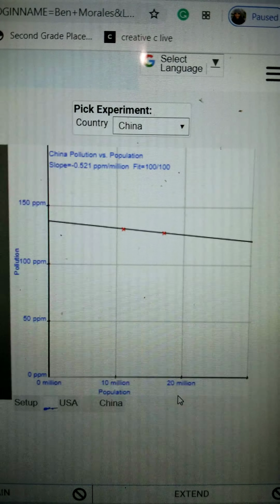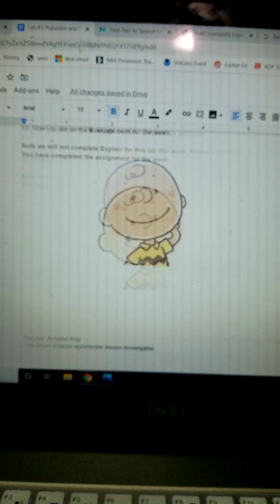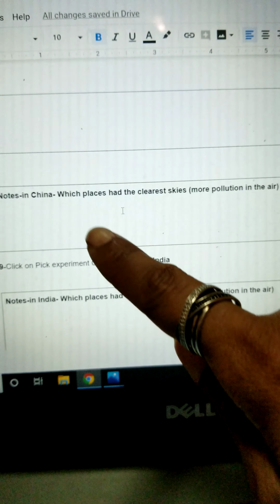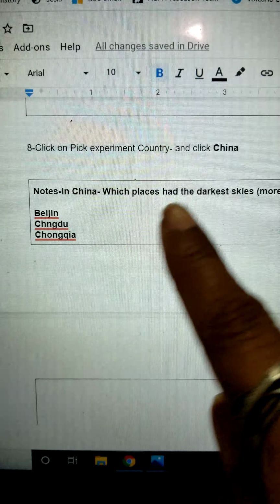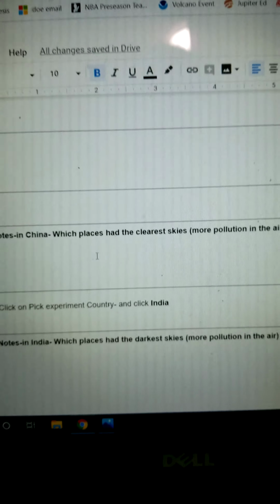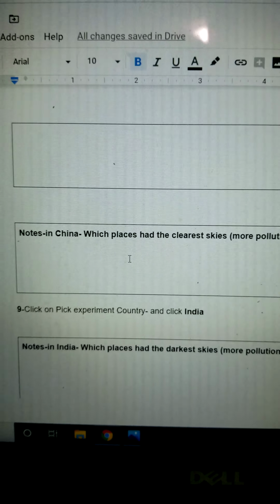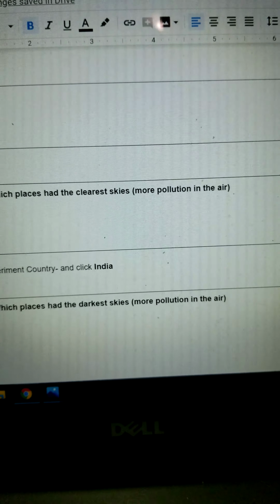Once I finish completing all the countries or regions of China, I'm going to go right below question number 8. It says China, which places had the darkest skies? Which places had the lightest skies? If there's none, there's none. And then make sure you post a copy of your